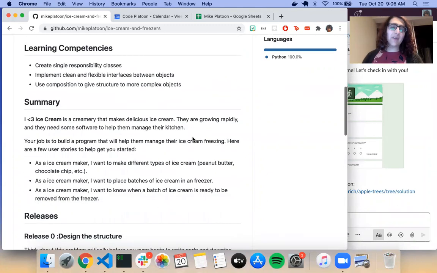So we can see our summary. I Heart Ice Cream is a creamery that makes delicious ice cream. They are growing rapidly and they need some software to help them manage their kitchen. Our job is to build a program that will help them manage their ice cream freezing. Here are a few user stories to help us get started. As an ice cream maker, I want to make different types of ice cream, peanut butter, chocolate chip, etc. As an ice cream maker, I want to place batches of ice cream in a freezer. And as an ice cream maker, I want to know when a batch of ice cream is ready to be